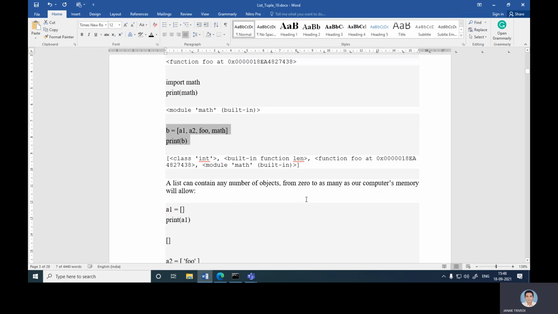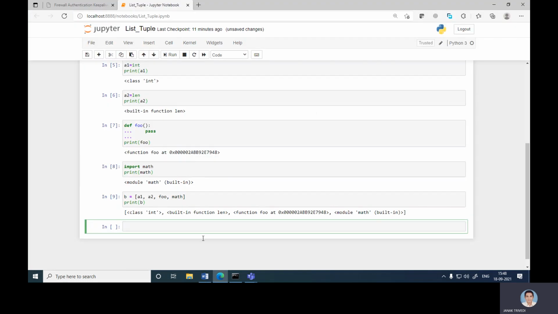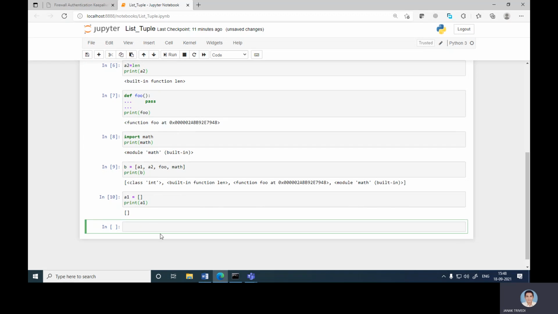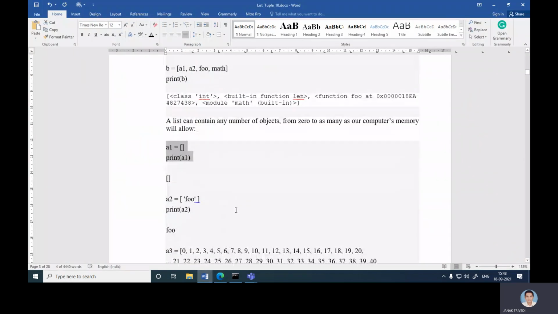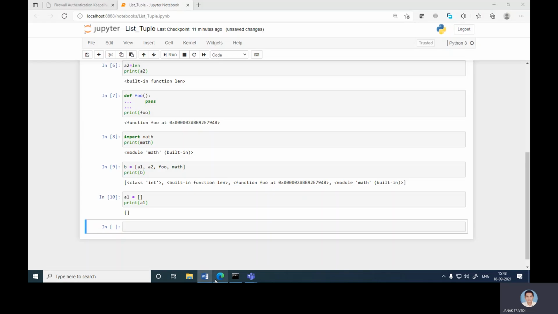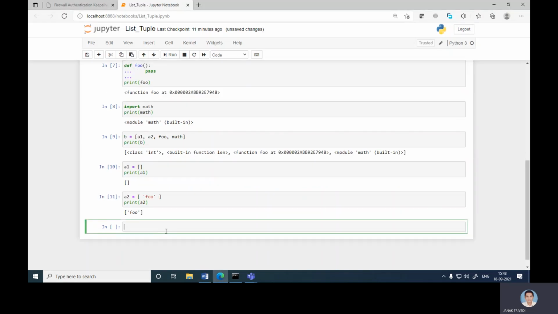A list can contain any number of objects, from zero to as many as your computer's memory will allow. Like first, just an empty list without any argument. So it gives that kind of result. Nothing is there in the list. Then if you pass just one value, a single value, it gives the single element output, foo.